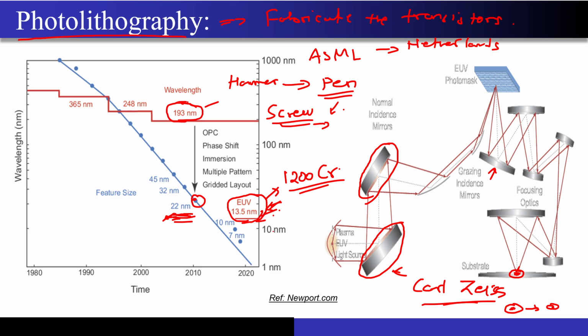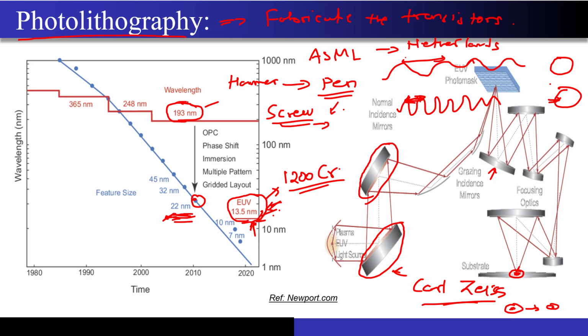and using this light, this 13.5 nanometer, because what happens, see, you have reduced your wavelength now, correct? You have reduced your wavelength. So let's say the wavelength was, I'm just drawing a sinusoid over here, correct? And now this is your wavelength. Now you have reduced the wavelength. So now what you're seeing over here, if I have a big object like this on both the sides, so now this object compared to this wavelength is bigger. But if you look at this wavelength, this object has a smaller dimension compared to the wavelength.